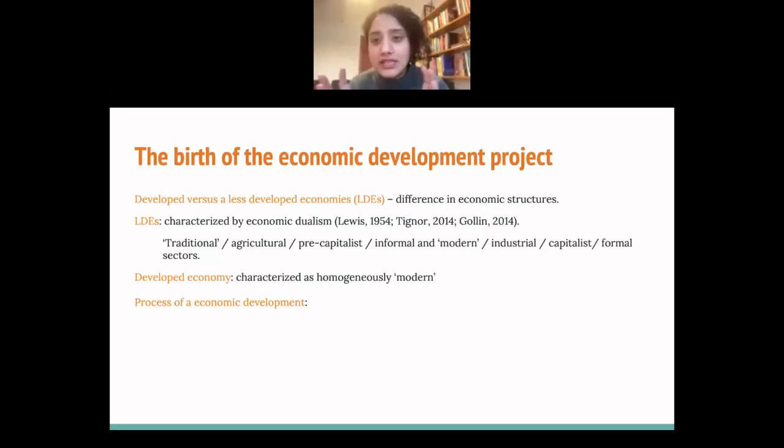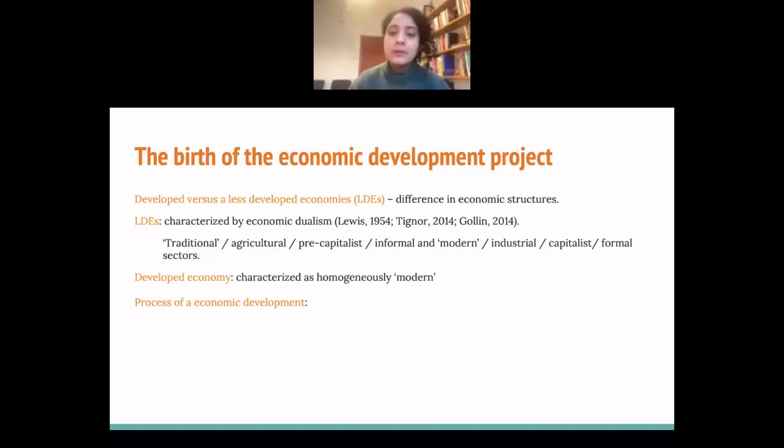structure, this fragmented or fractured economic structure, where there are two sets of the economy operating with two distinct organizational structures, motives and logic, where one is not really accumulation driven, but the other is much more accumulation driven, does not quite exist. Whereas he argued that a developed economy is one where this economic structure is homogeneously modern and more accumulation